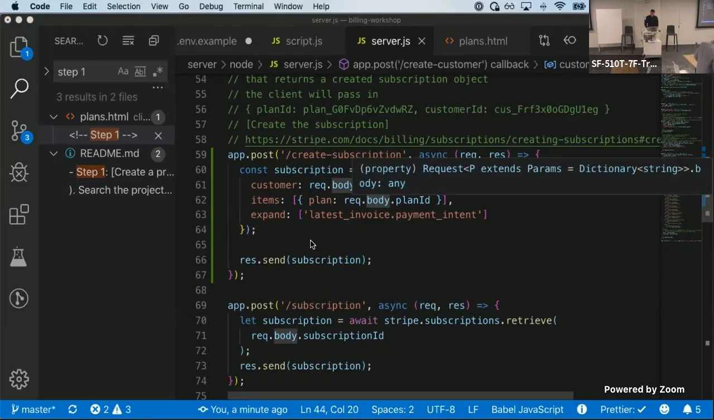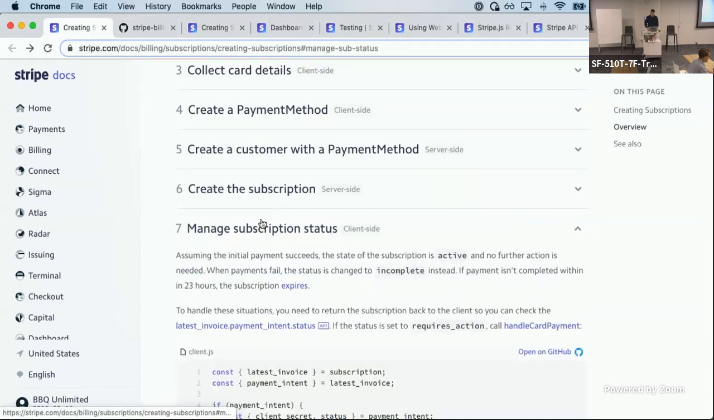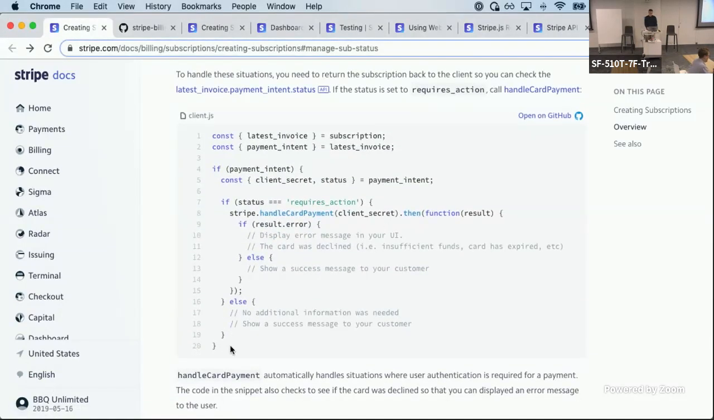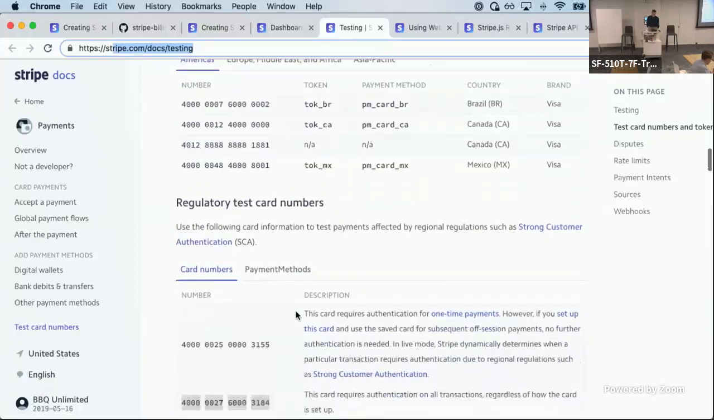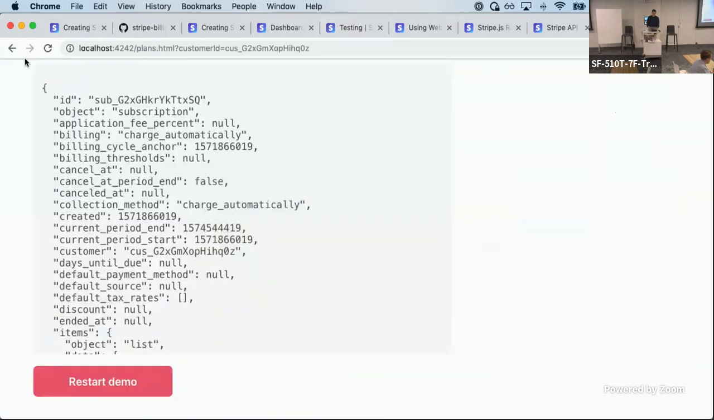All right, the last step, step 7. We want to manage the subscription status. If users use a payment method that requires additional authentication, then we need to authenticate that payment by passing in the client secret from the payment intent that's on the subscription object. To get that to happen, you use the 3DS test card under the docs/testing, and then